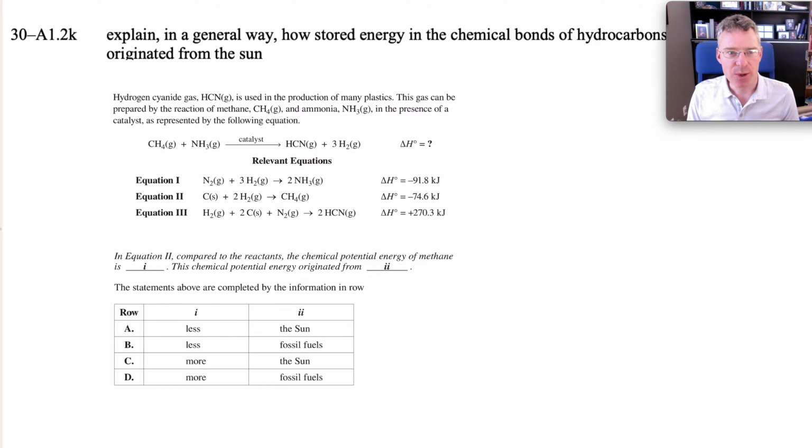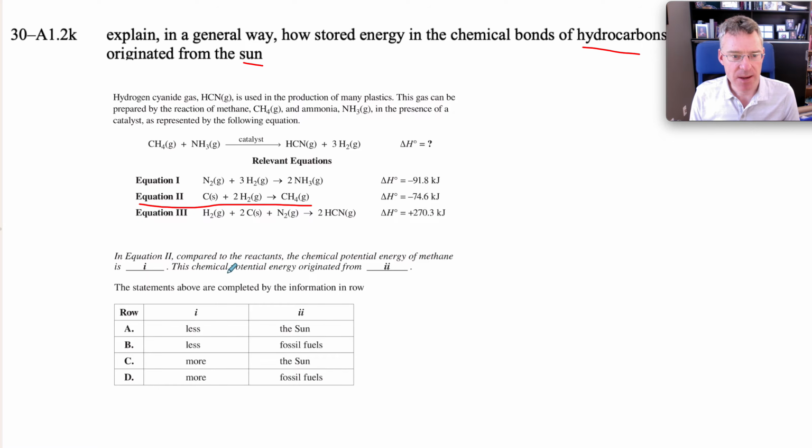There is kind of this annoying outcome that you need to know: energy stored in hydrocarbons ultimately came from the sun. So for anything C and H only, reading through the question is only going to distract you. This is sort of, I thought, more of a confusing one. In equation number 2, so that is this one,